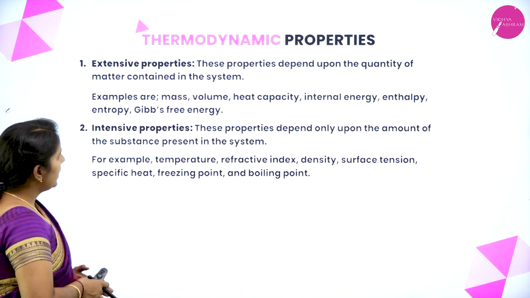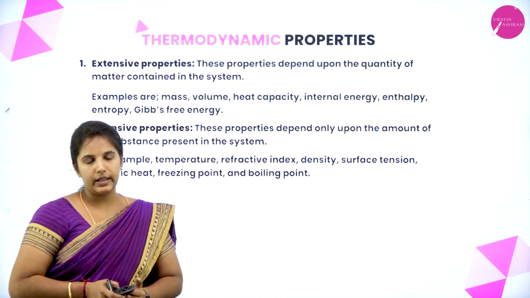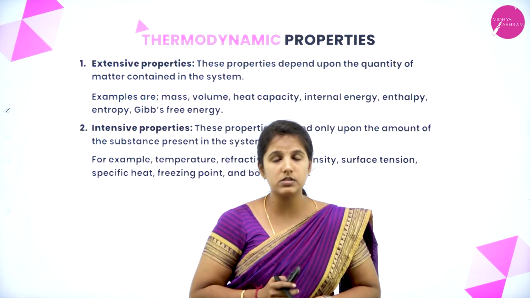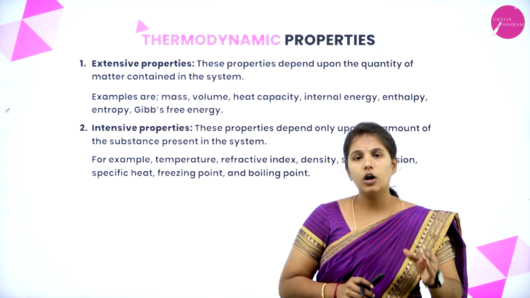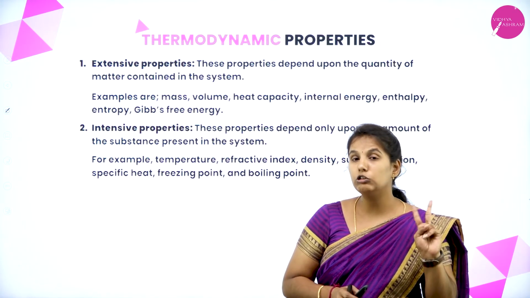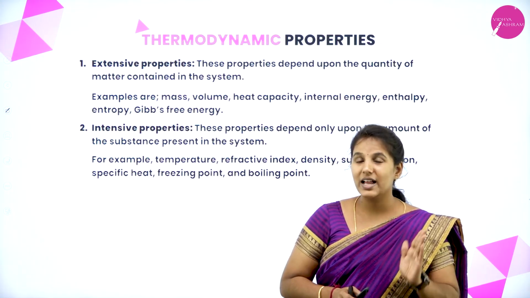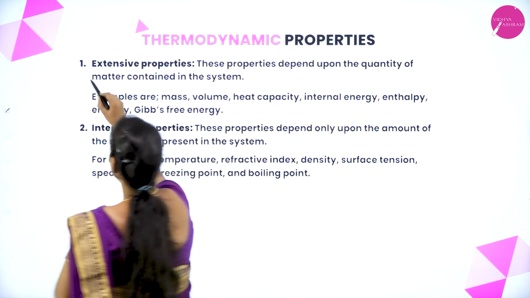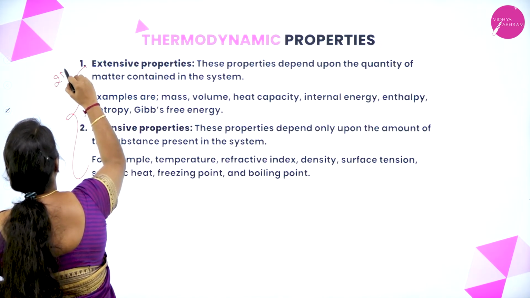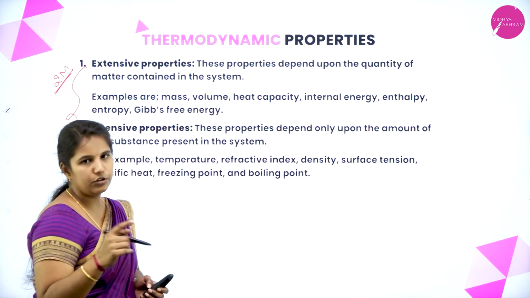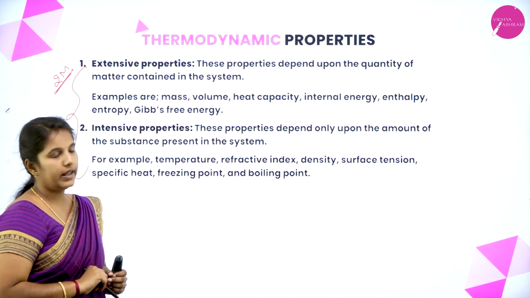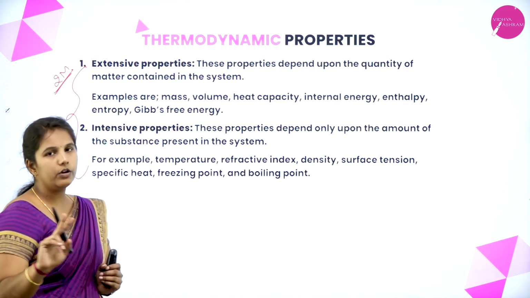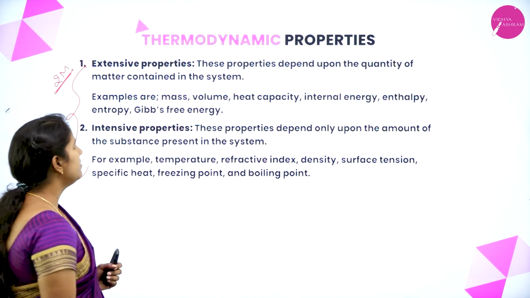Okay. Next we have the thermodynamic property. When we are studying thermodynamics, we have observed that there are three types of system, and also all thermodynamic processes exhibit two types of property. One is extensive property, and the other is intensive property. So these two differences can be asked for 2 marks. In the 5-mark question, one of the questions can also be asked like define extensive property or intensive property, or write the differences between the extensive and intensive property.